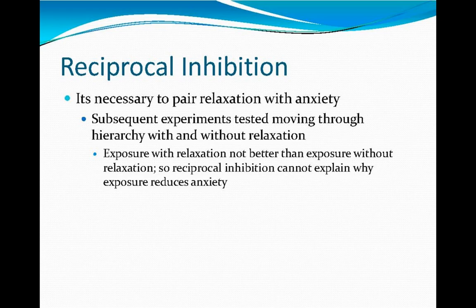So they did exposure, moving through the fear hierarchy, either pairing it with relaxation or without pairing it with relaxation. And if reciprocal inhibition is true, that we need to teach people to relax in order to inhibit that anxiety, then what should have happened is that the group that got both the exposure and the relaxation should have done better. And that is not what happened. It actually didn't seem to matter if you got relaxation or not. It wasn't hurtful to get relaxation in addition to exposure, but it did no better than just moving through the